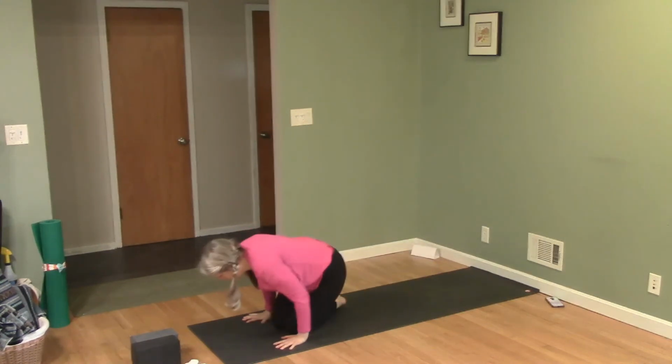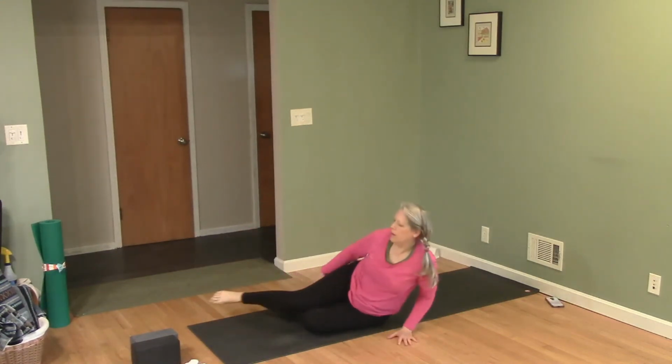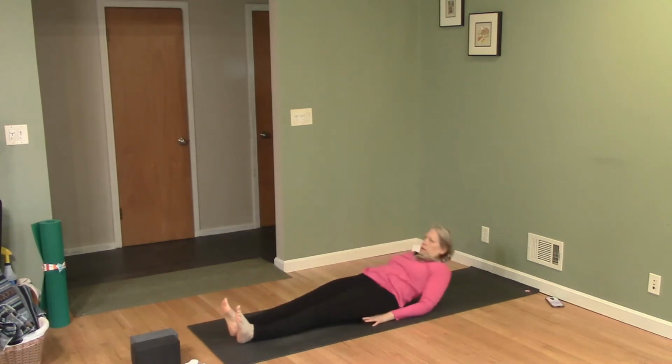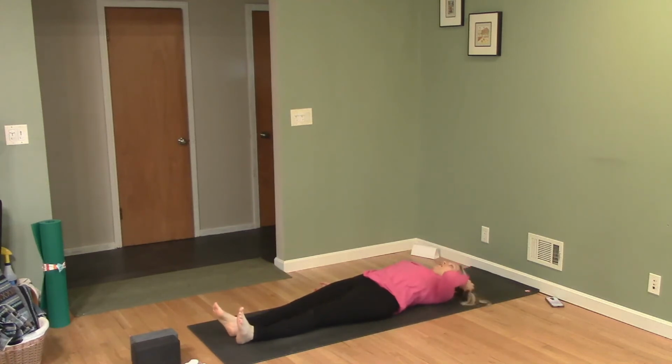And then come through to lay down one last time. So, Ubaya Mukha Paschimottanasana. It's the same entrance where we bring our feet back, but instead of taking our toes, we take the outside of our feet. And then, after our 5 breaths back there, we rock up, trying to hold the outside of